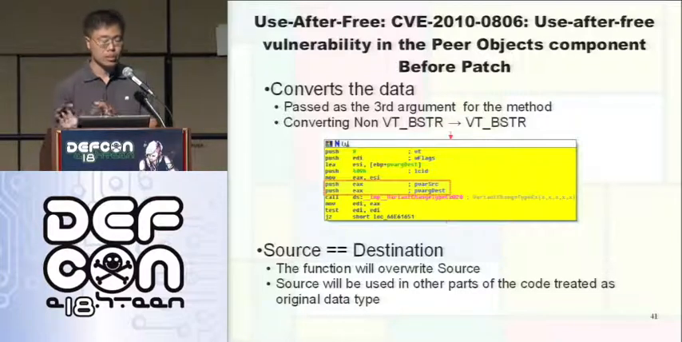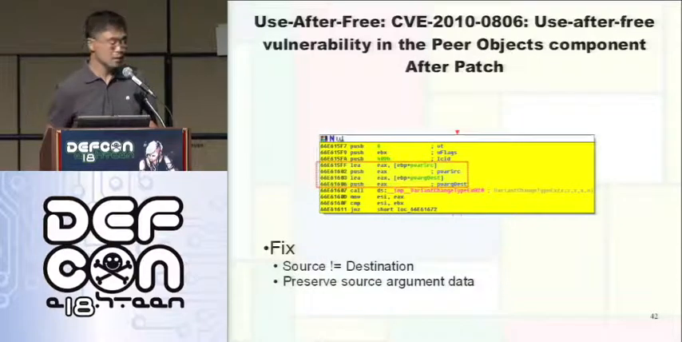So they are just changing the type of the variant object, the VARIANT variable, from source to destination, and they are using the same one, which will destroy the original data and cause the use-after-free bug. They are fixing it by using a different argument for the destination. So they are allocating a local variable and using it as the destination for VariantChangeTypeEx. This is a very good example, because I never knew